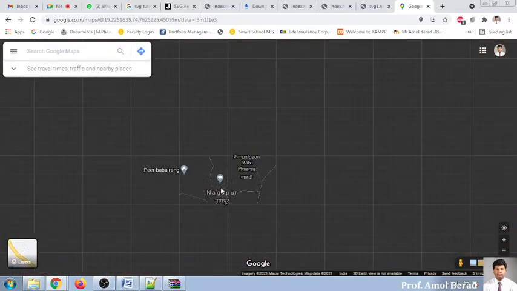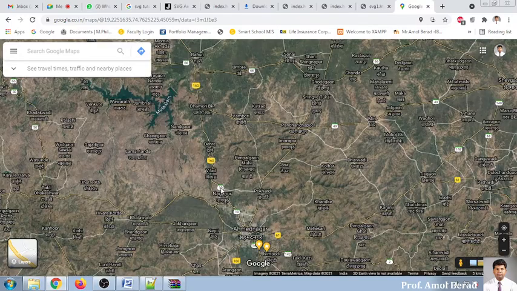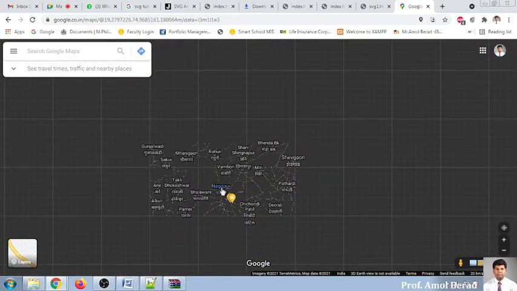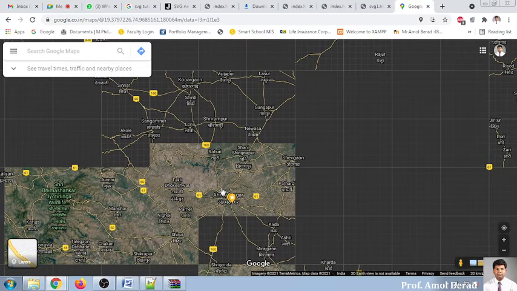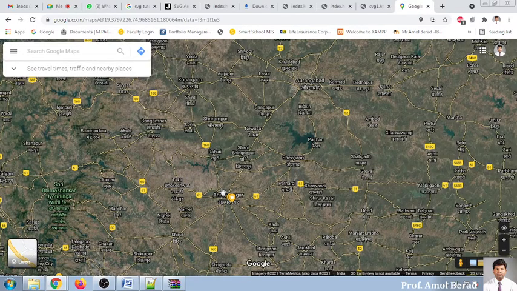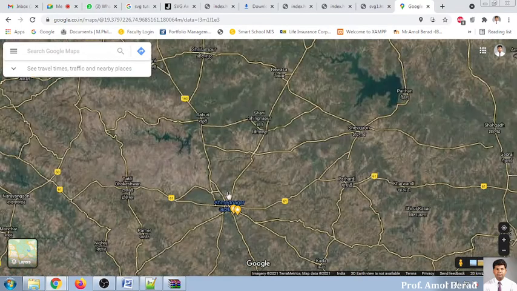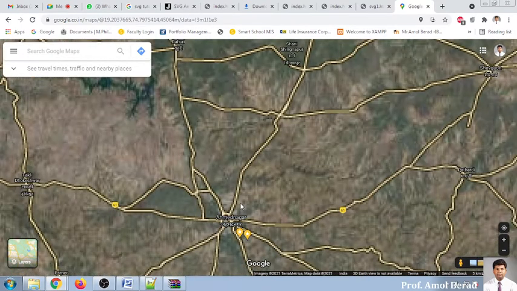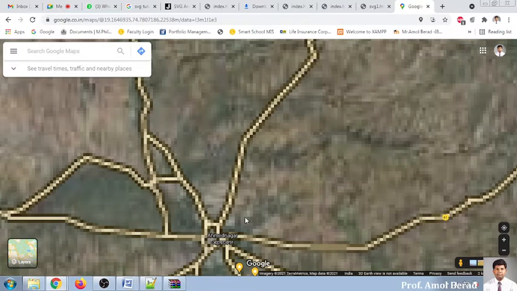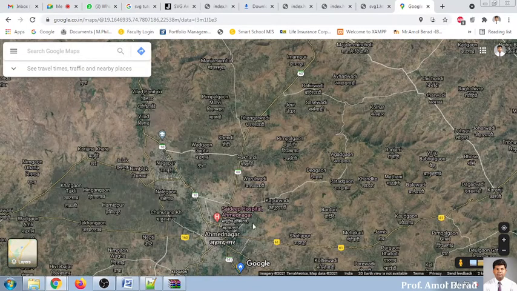A huge image, and as you are moving, the quality does not change, as far as SVG is concerned. This is one example, and it is nothing but XML working in the backend with these Google images.